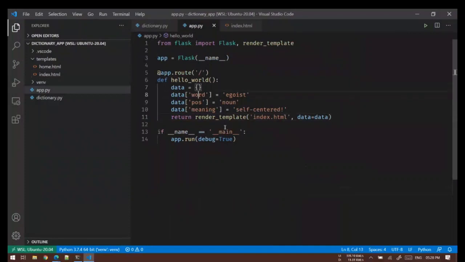So we can write it even like, okay. So this will be my key, and this will be my value. POS.